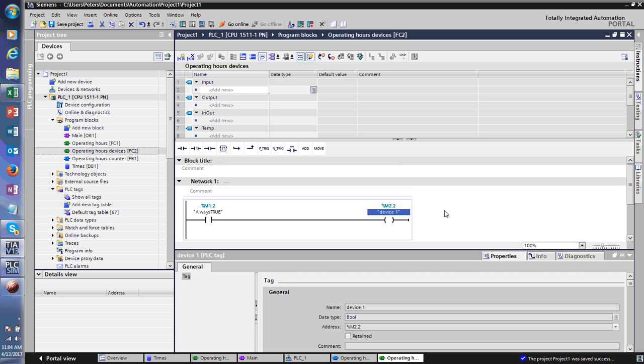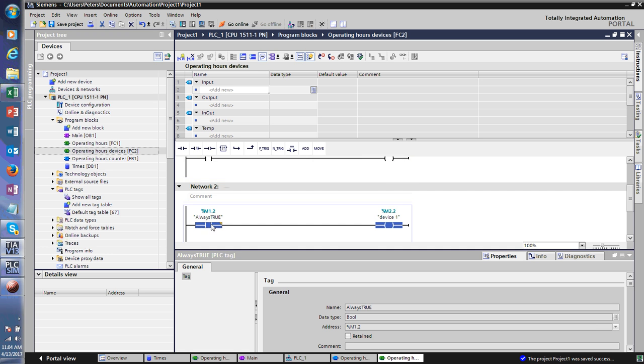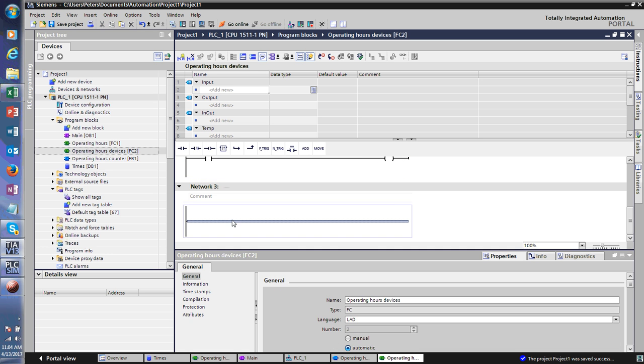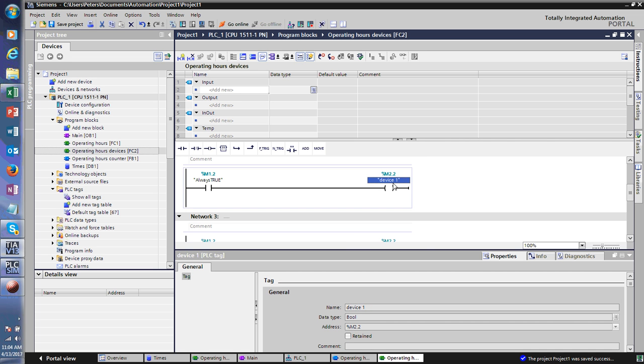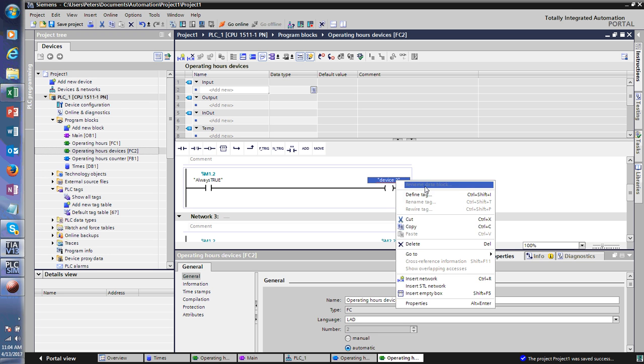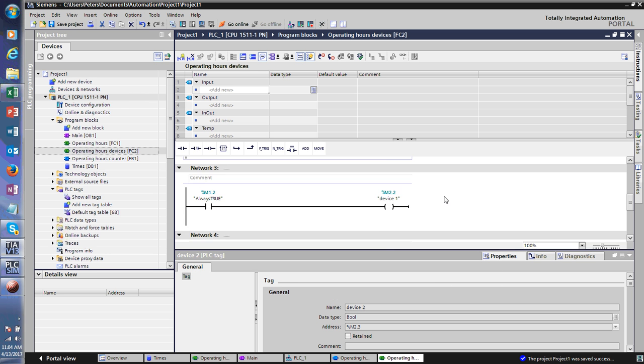We define the tag, so we have device 1 active because this is always true. So what we do now is we just copy that. Copy, and then click on here, paste. Click on here, paste. Click on here, paste. So the only thing we have to do now, because it's all device 1, is click a couple of times in here, say device 2, enter, enter, define tag, define,